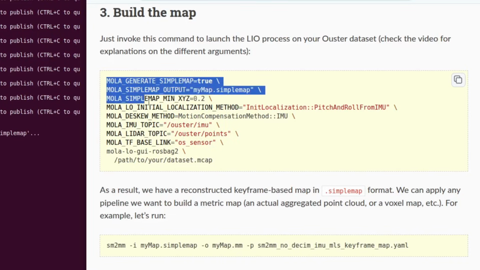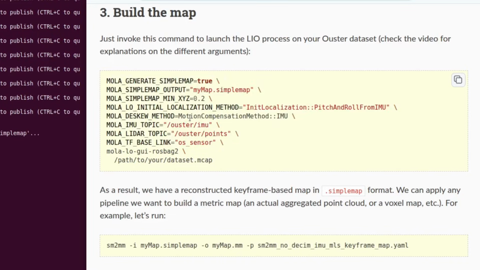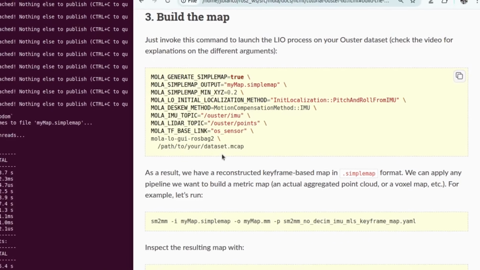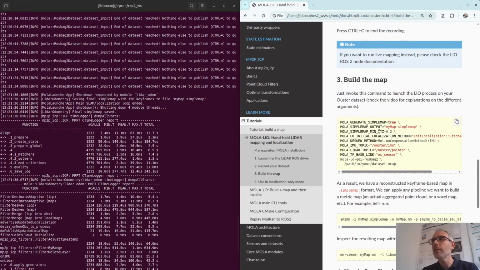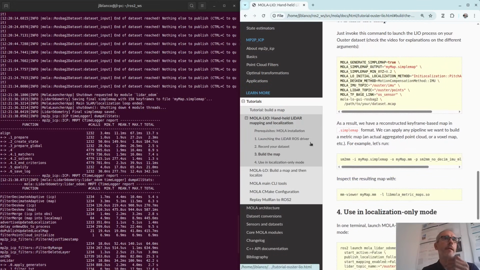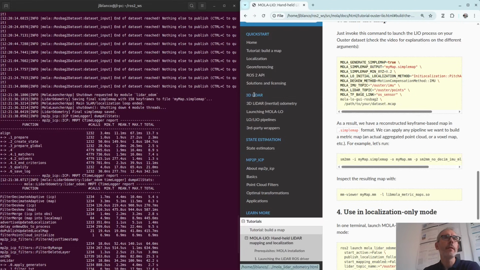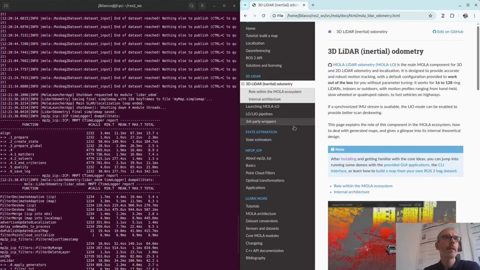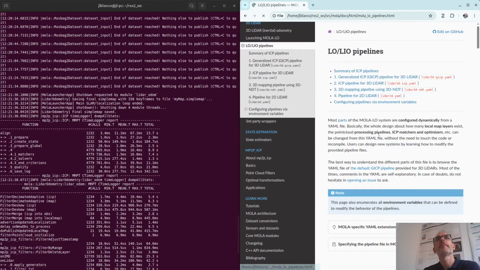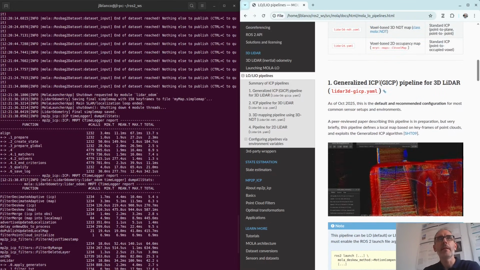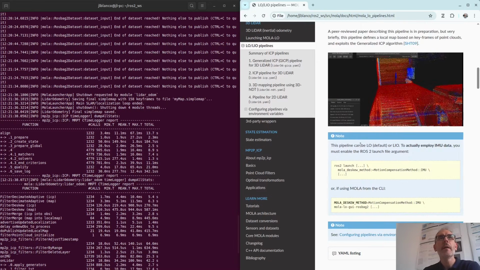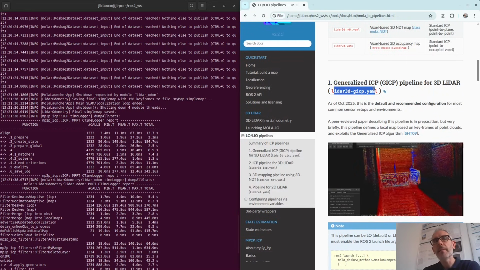Okay, so we have already gone through all the different parameters. I hope that you now understand what we have called here. If you want to get deeper into all these parameters, by the way, you can check on the web. If you go to, not tutorial, but to 3D LiDAR inertial odometry and pipelines, here you have the different pipelines, like this is the default one, generalized ICP, which is actually a YAML file.